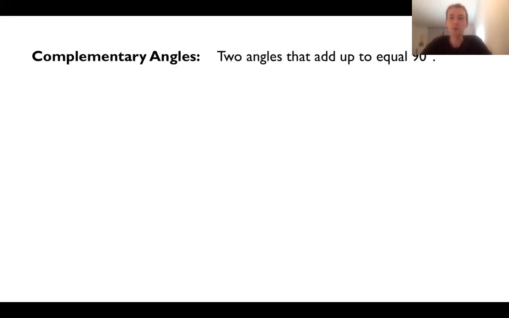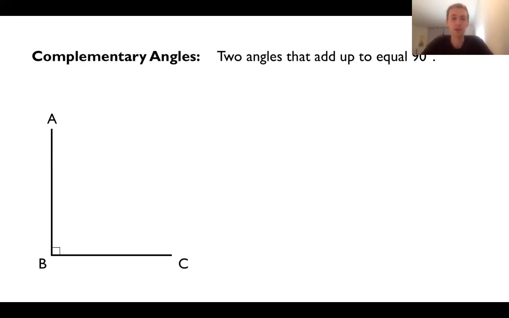I'm going to give you a couple of vocabulary words here that are going to be useful to know. The first one is something that I call complementary angles. I know my head may be in the way of this. I cannot move it. I'm sorry. But simple definition here: when I say that two angles are complementary, it just means that if I add them up, they total 90 degrees.